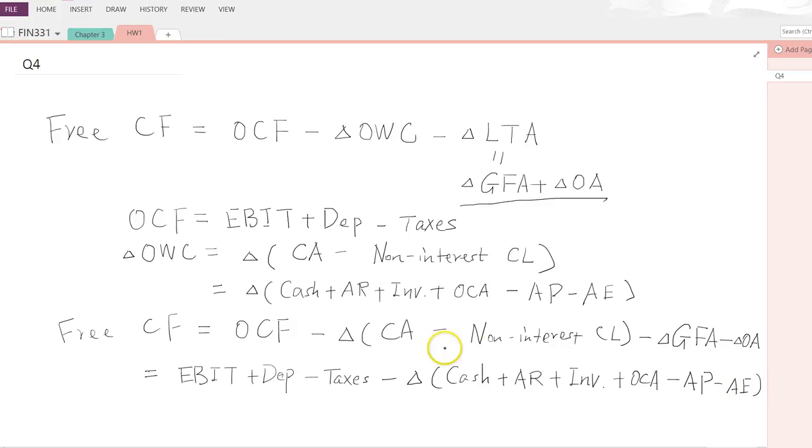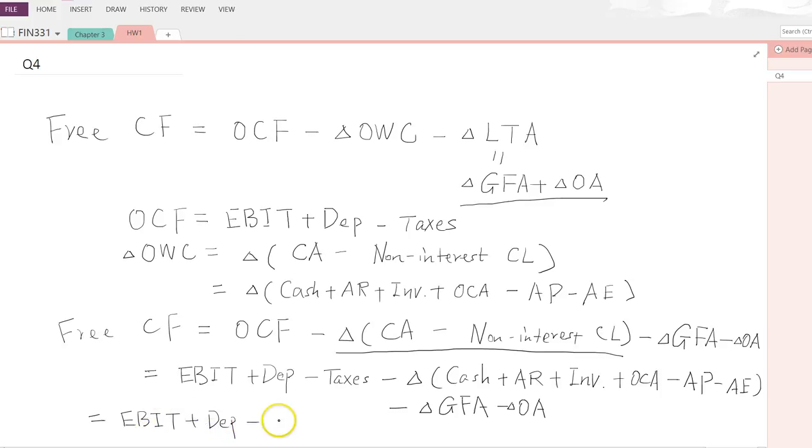So that's basically this whole part. I just broke that down into this formula expression here, and then minus the change on gross fixed assets, and then minus the change on other assets. So then I can further write this as EBIT plus depreciation minus taxes